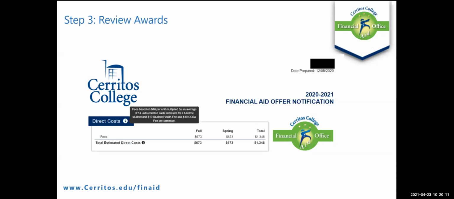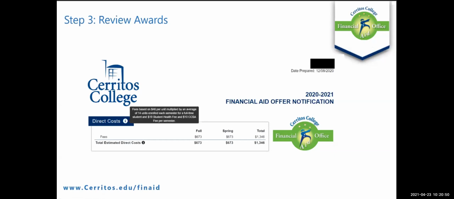So it's important to understand that when your financial aid is packaged, it's not going to be packaged based on what you think you're going to be enrolling in. It's going to be packaged based on full-time enrollment. Then if you end up being a part-time student, let's say you're only taking 6 units or 9 units, that's when we will reevaluate your eligibility and disperse only the aid that you're eligible for. So during that time, again, it's important to continue to monitor your financial aid if you're adding and dropping classes during the add drop deadline period. So like the first 2 weeks of the term.